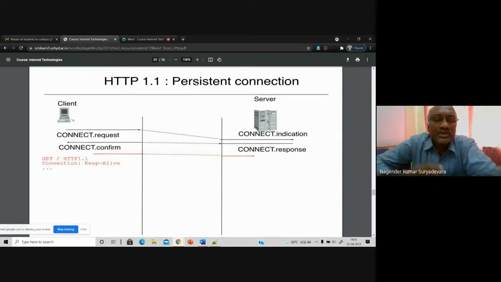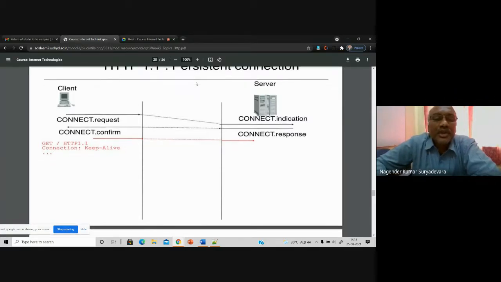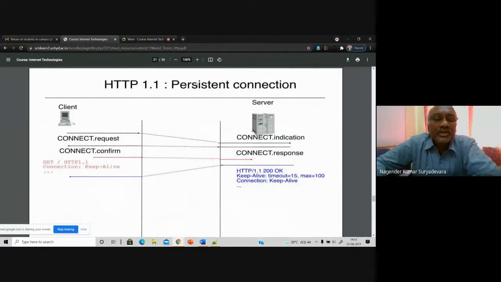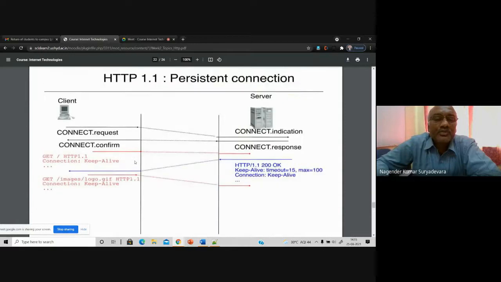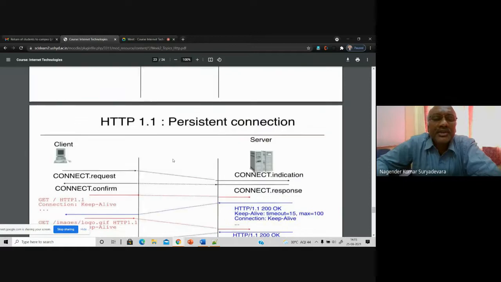So you have persistency between the connection establishment and the data transfer. Once the connection is established and made available, you transfer the files and keep it available to this client for future requests too. That is the step-by-step transition shown here for the various requests and confirmations between the client and the server.